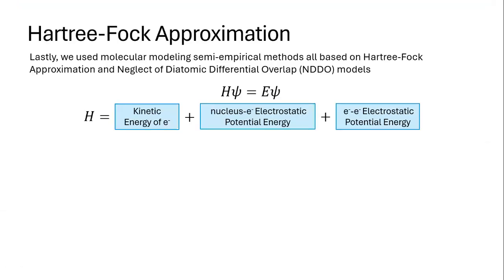Now, the last thing that we did was to use molecular modeling, semi-empirical methods to calculate the energy gaps. And these methods are all based on the Hartree-Fock approximation and the neglect of diatomic differential overlap, or NDDO, models. So if we look here, we need to solve the Schrödinger equation to get energy. The Schrödinger equation has this electrostatic potential energy